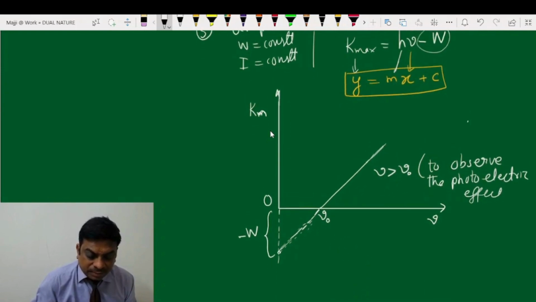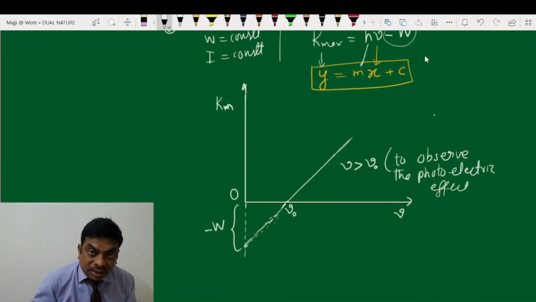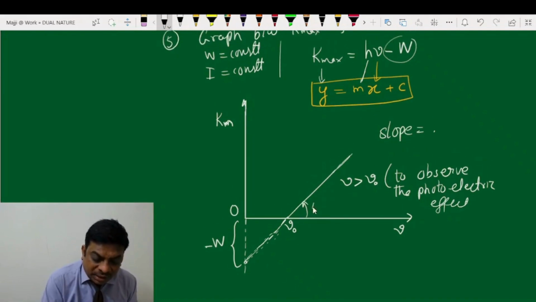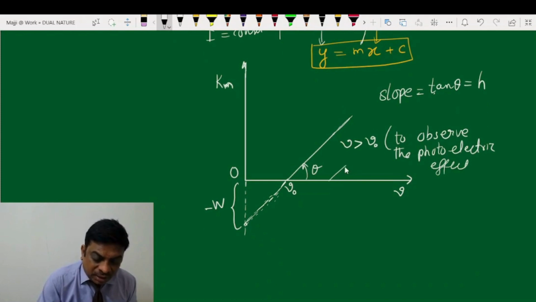Okay, students. Now this threshold frequency will depend on the work function. Suppose you take another material, then probably its work function will be different, so accordingly the threshold frequency will be different. But the slope will remain the same. You can see, students, the slope, which is tan theta, is nothing but h. It's a universal constant. So you can expect another metal also. Suppose this corresponds to metal A, then for metal B you have the same slope, but probably some other threshold